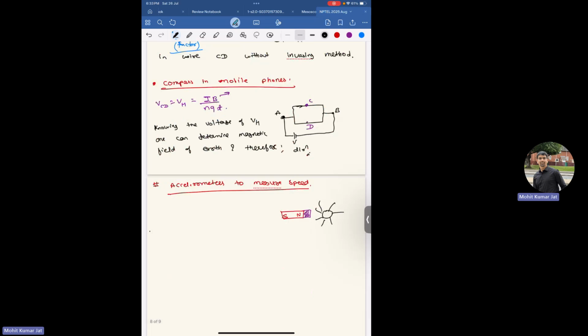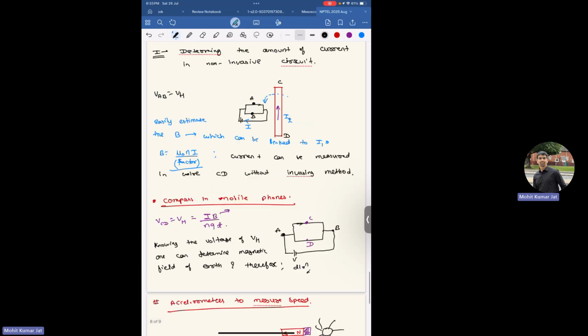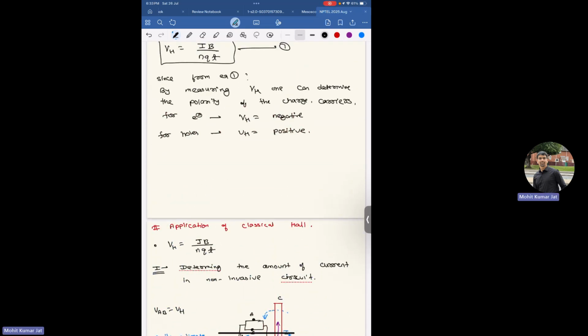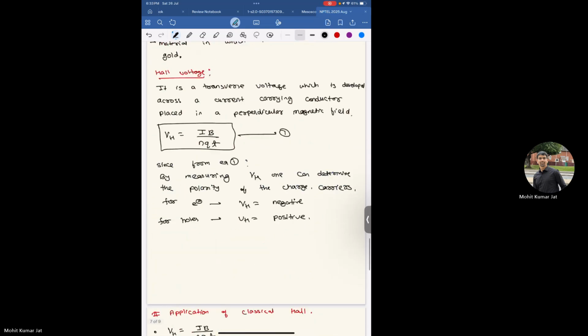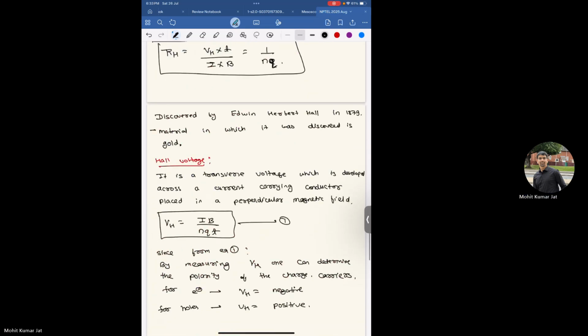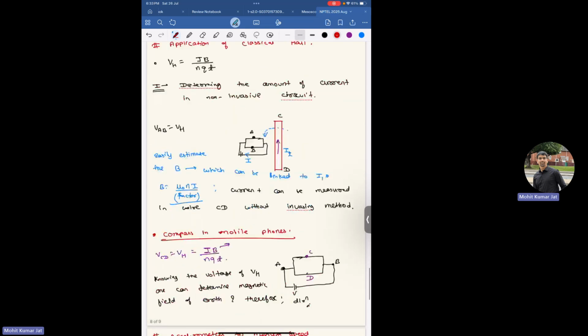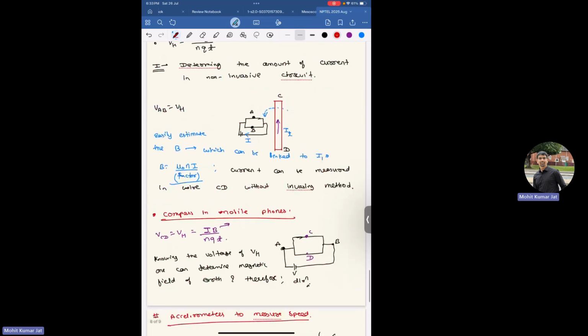So this is the motivation why even the discovery which was made in the year 1879 is so relevant nowadays. Let me just re-emphasize that it was a 1879 discovery and is still used in our mobile phones, accelerometers, and in electronic circuits where you don't want invasive methods to measure the current precisely. You use these kinds of circuitry.